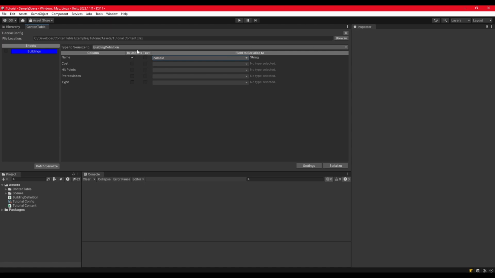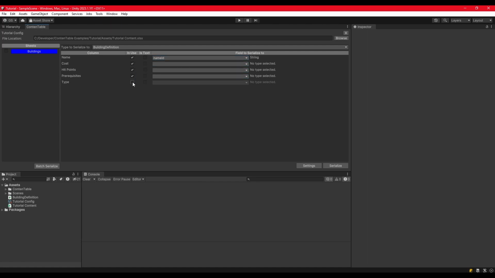Now, before I go on, I need to make a note of this is text option. This is a localization feature. We'll talk more about this in the video on localization features. So just ignore that for now. Anyway,